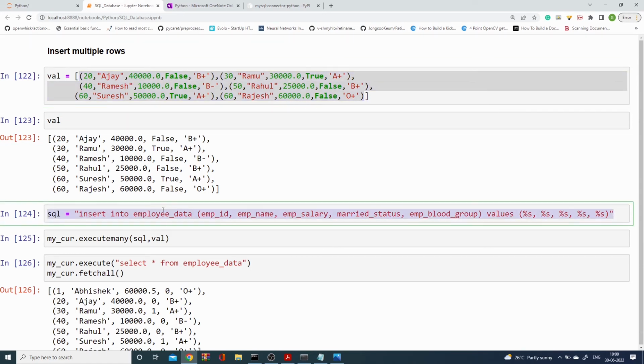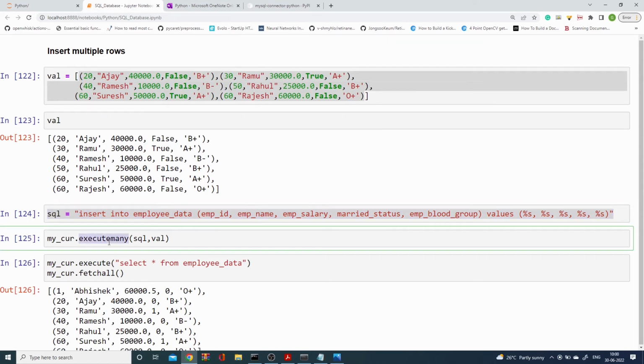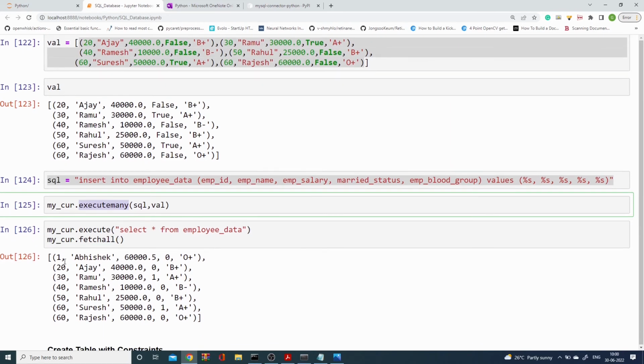Then I'm inserting the employee data here by giving formatting operations. Then I'm using something called executemany in order to run this. And then after that, I'm just checking the data, and you can see your data has been inserted successfully. But the problem here is,